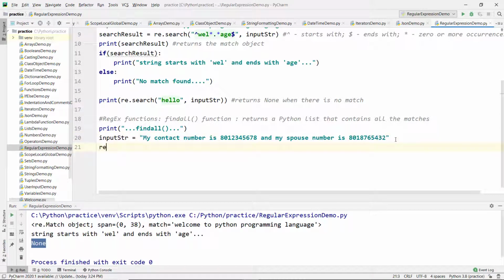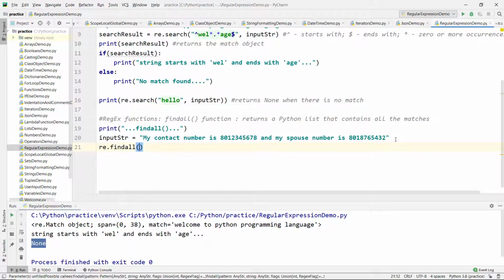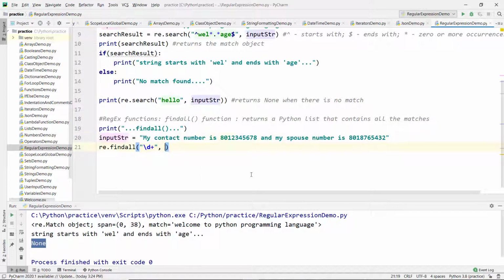Now inside the regular expression module re, we have a function called find all, and use the regular expression for numbers, \d+, to search inside this input string. So here is the regular expression to find all digits in a string, input string. So that is how we can use the regular expression to find all the digits available using the find all